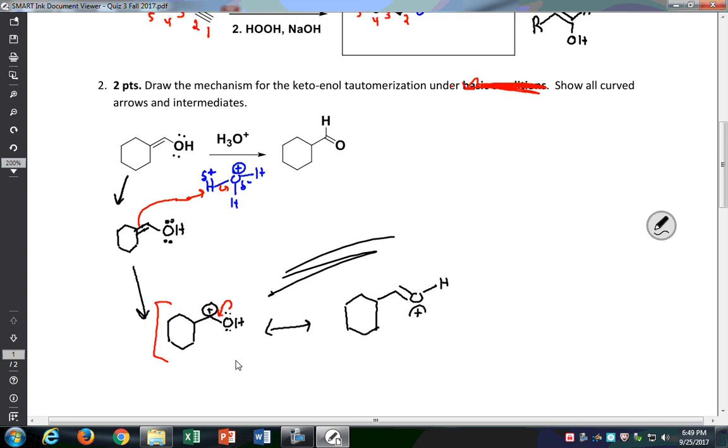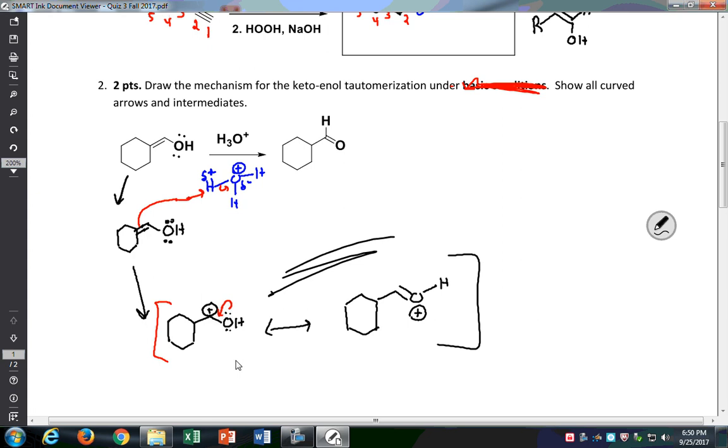And again, our more stable resonance structure will be the one with the positive charge on the oxygen, because every atom has a complete octet in that structure. So this one is going to be more contributing. Oh, this one's still contributing. This one's more contributing. And then this resonance structure can easily lead to our final product, because we can deprotonate